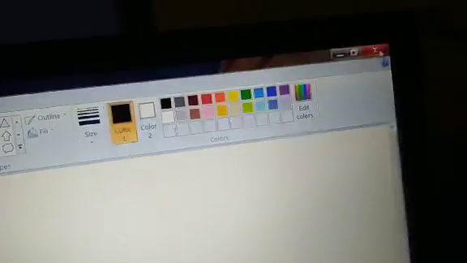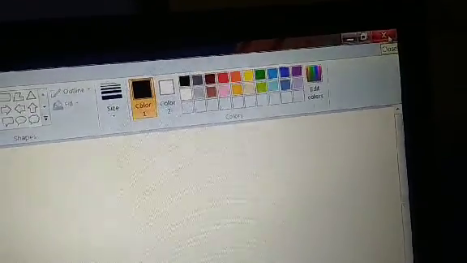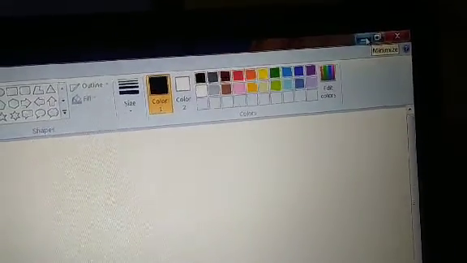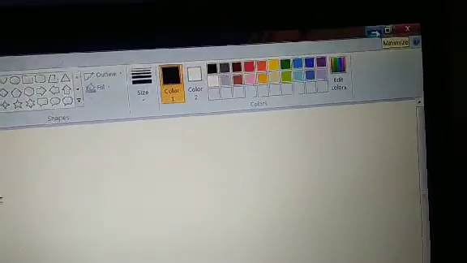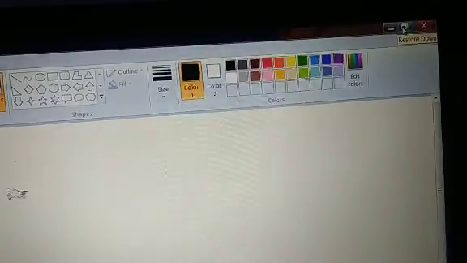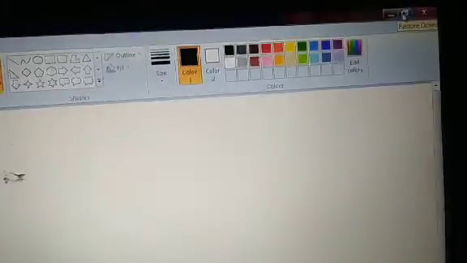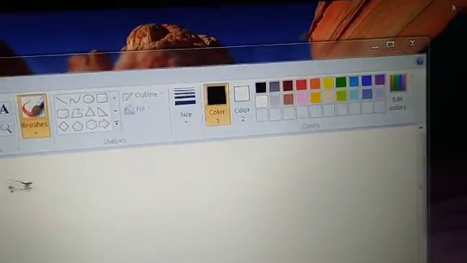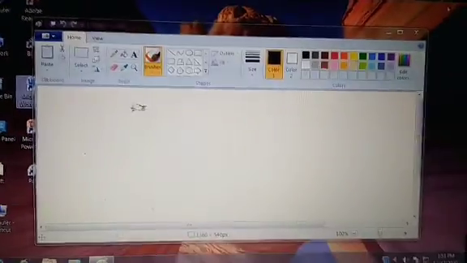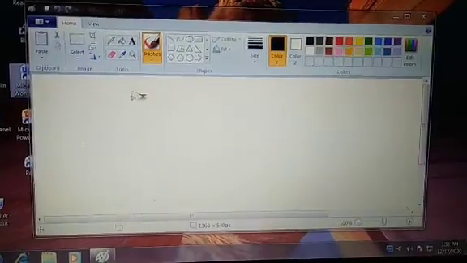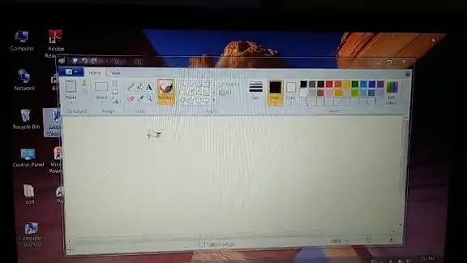To close the program we use the close button. To minimize the program we click on the minimize button, and to maximize the window or bring the window back to its original size, we click on the restore button. So see, if I click here, this is the original size.